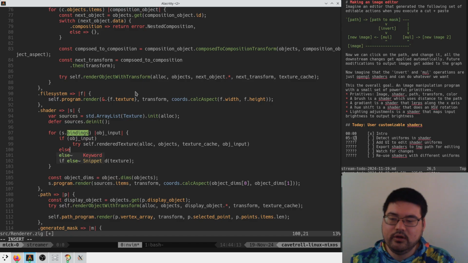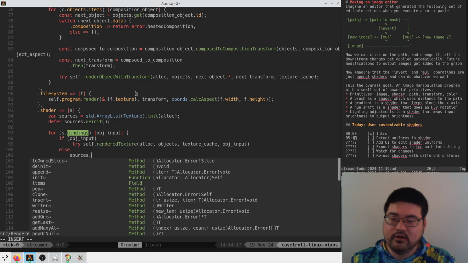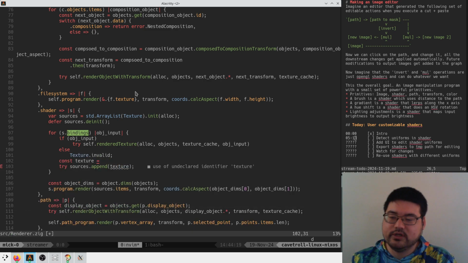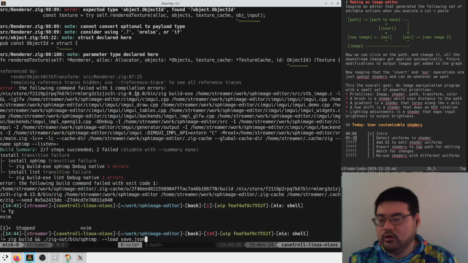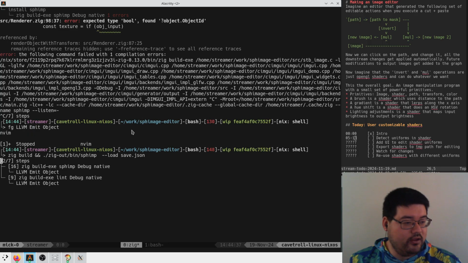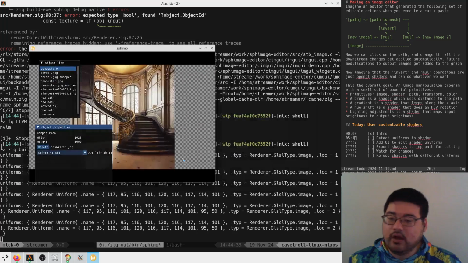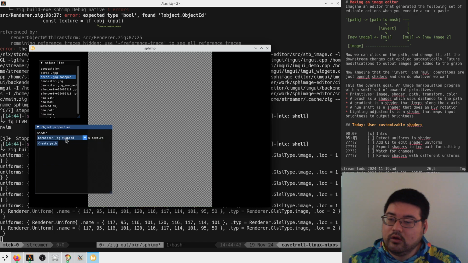Else, we do sources texture invalid. We'll just kind of do this. All right, boom. Okay, that seems pretty good. Obj input is upset because, I don't know, we need to take the inside value. Okay, and so now if we go in here,